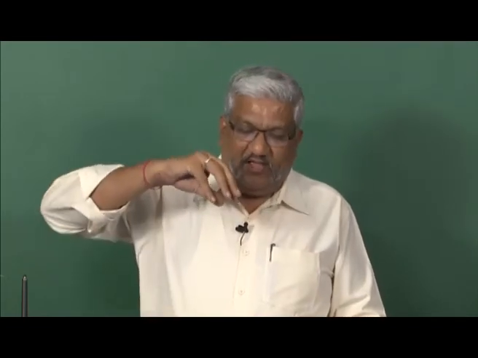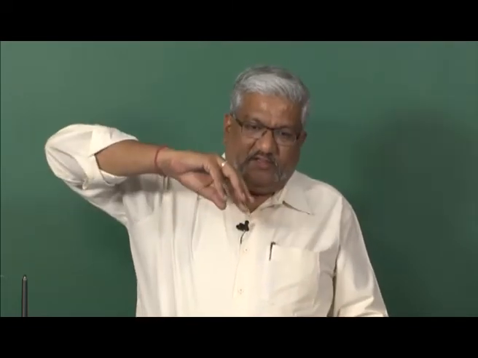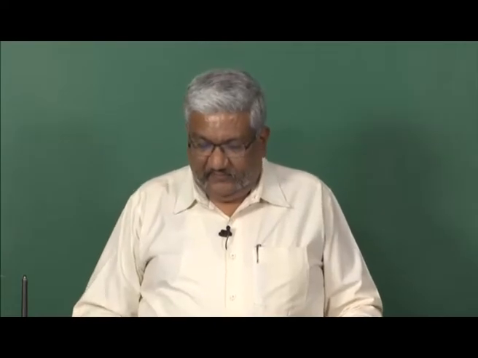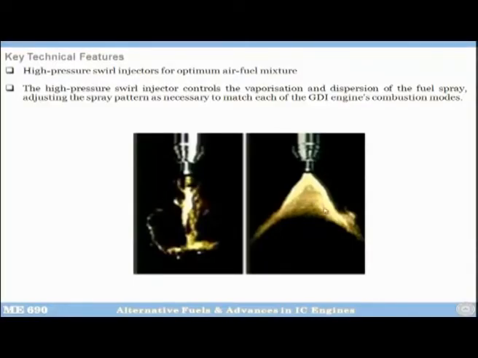So, what you do is you have a swirl injector, that means the fuel will be swirling, okay, and it will be a hollow cone. So, you can see from this figure that it is swirling, and here you can see that this is a hollow cone. That means the fuel is only present in the periphery. In the center of this cone, it is just the air. So, when you have air inside and outside, what will happen? The mixing of fuel and air will be quicker, and therefore, you will be able to mix the fuel better.